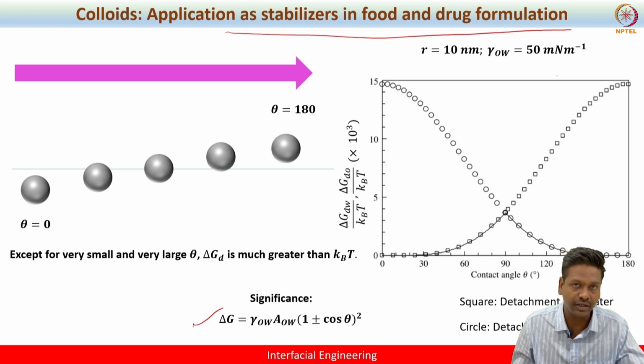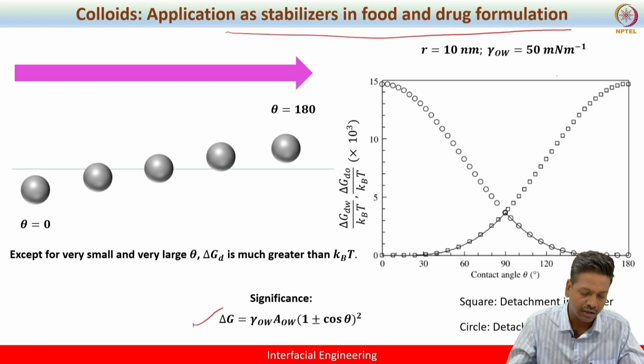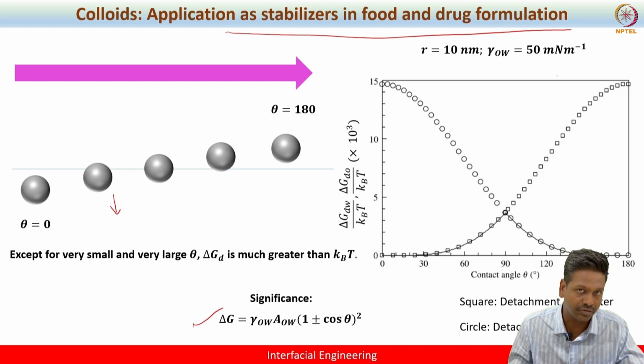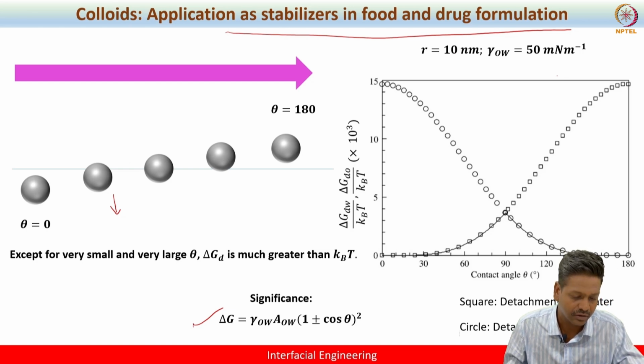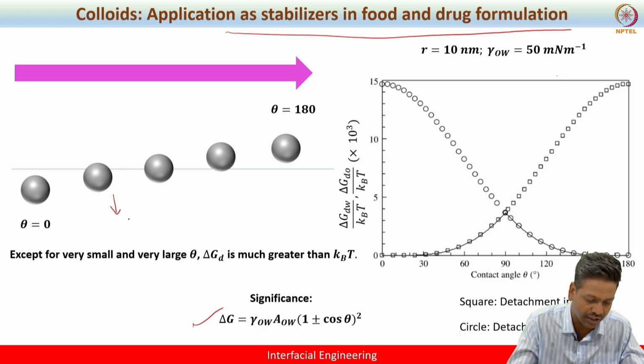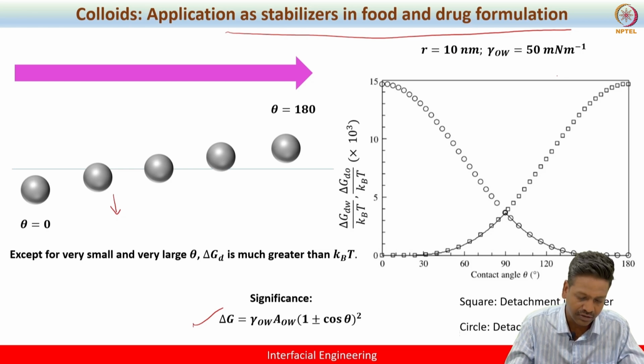So one important parameter is delta G detachment energy. What delta G detachment energy says is that, let's say if the particle is exposed more into water side, it is more likely that this particle can completely detach into water side, not on the oil side. Let's say in this case, since most of the part is exposed to oil side, when you apply a gentle force, this may be pushed into the oil side, right? So it is more favorable to go into the oil side.